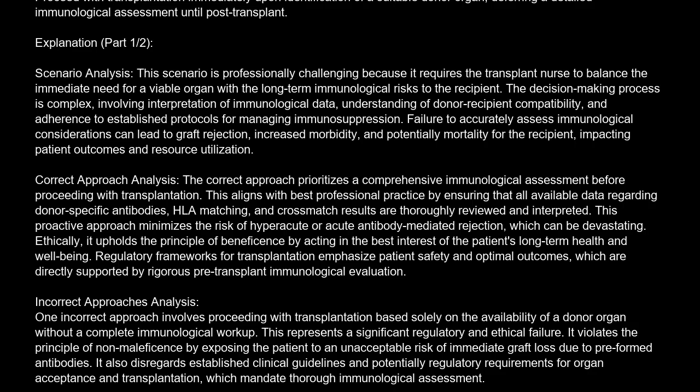Incorrect approaches analysis. One incorrect approach involves proceeding with transplantation based solely on the availability of a donor organ without a complete immunological workup. This represents a significant regulatory and ethical failure. It violates the principle of non-maleficence by exposing the patient to an unacceptable risk of immediate graft loss due to preformed antibodies. It also disregards established clinical guidelines and potentially regulatory requirements for organ acceptance and transplantation, which mandate thorough